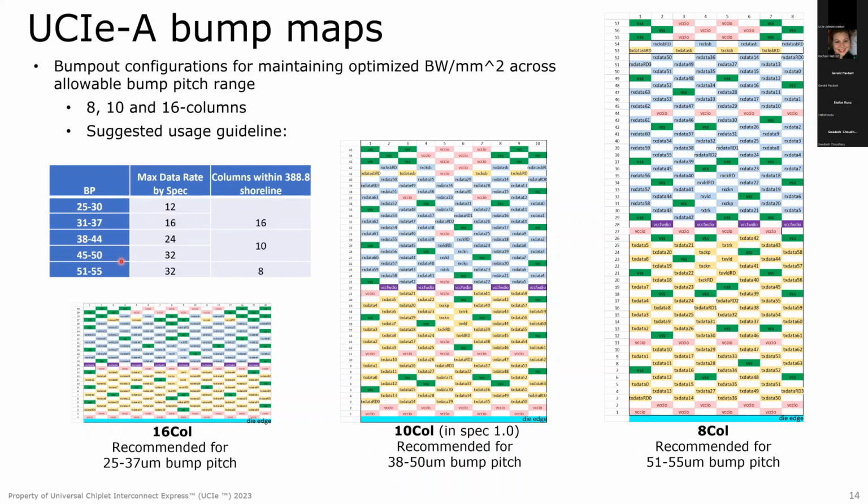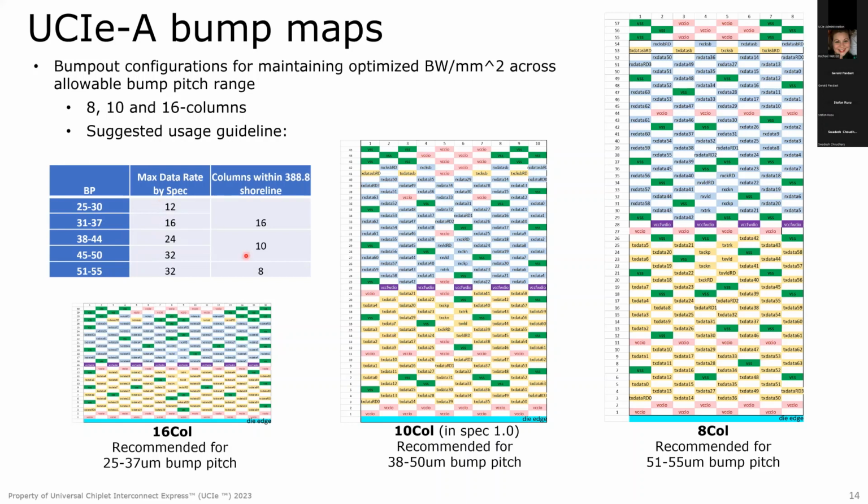As you go smaller and smaller in bump pitch, you have less area to put circuits, and smaller circuits generally, when you have less area, some of the features you need, for example clocking and training features, you start having less and less area to put in there, and even the drivers and receivers. And power delivery becomes a great challenge at smaller bump pitches. So we have a guideline for maximum data rate per bump pitch